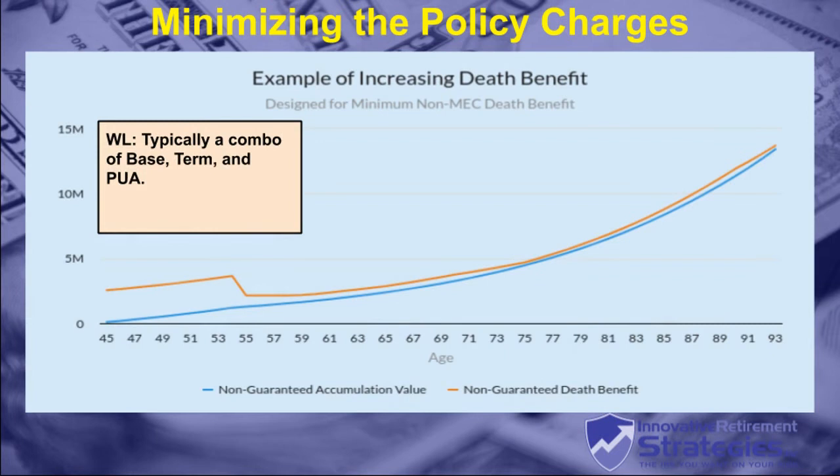So your base whole life is not a maximum overfunded policy. And we've still got $90,000 that we want to put in there. I've only spent $10,000 of that on the base policy. So how do we get the rest of that money in there? Well, if you look at this chart, you can see that the death benefit looks like it's somewhere around $2.5